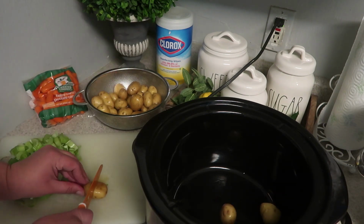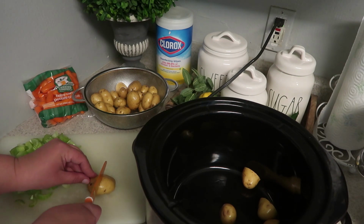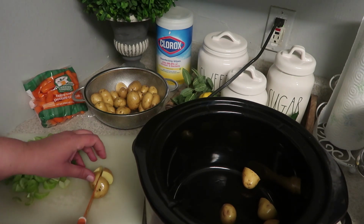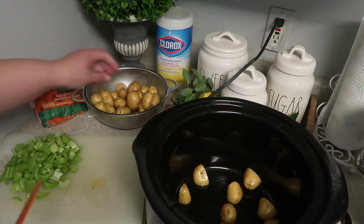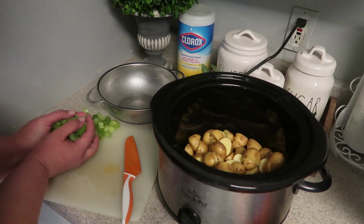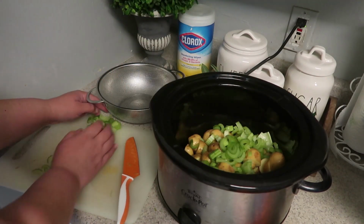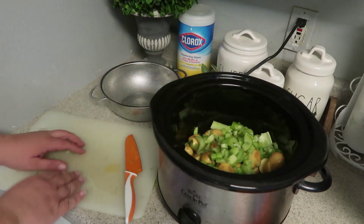This is just how much I'm using. Then I'm going to chunk all these baby potatoes in. I'm using 3 pounds of potatoes, and the ones that are bigger, I cut into fourths. There's a few potatoes in there that are a bit bigger, and then some are really tiny that you don't even need to cut. So then I'm adding in all the celery,